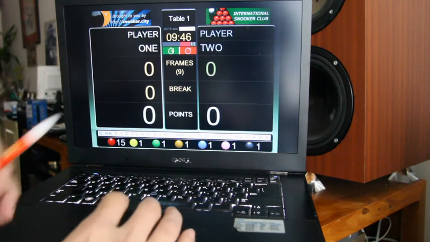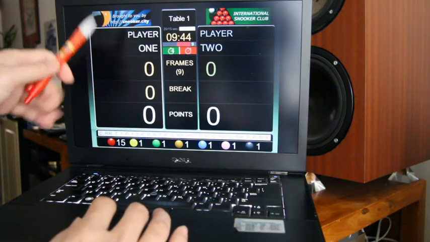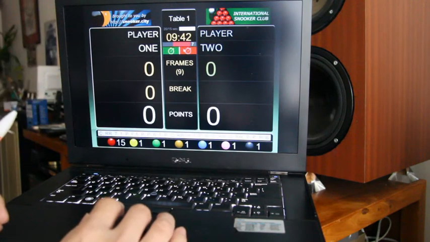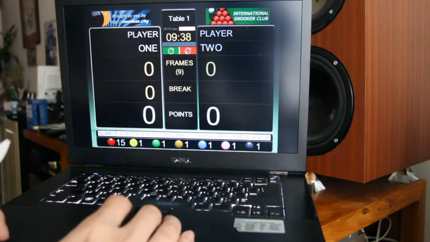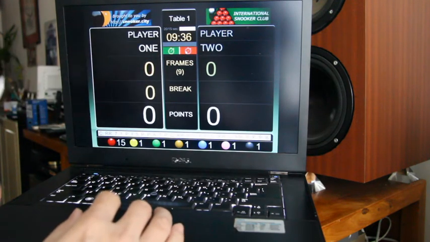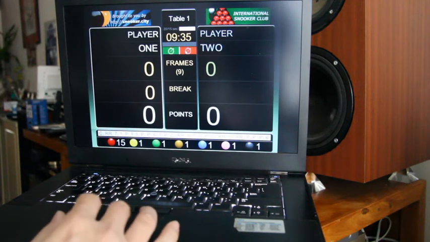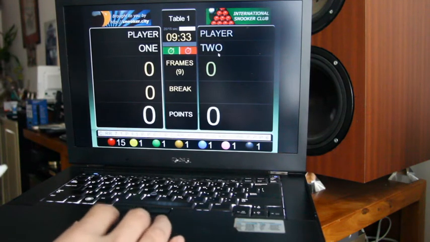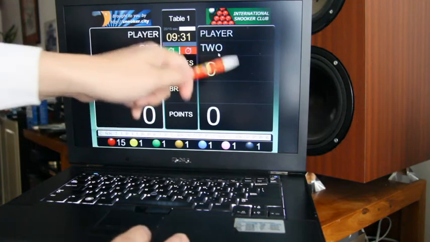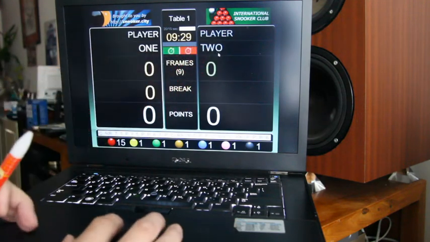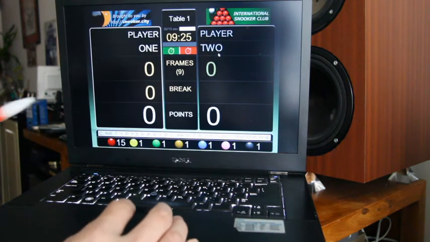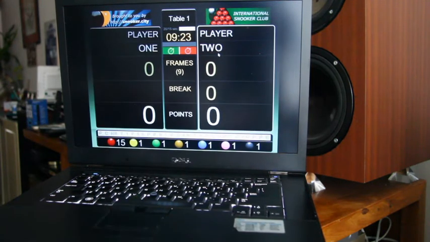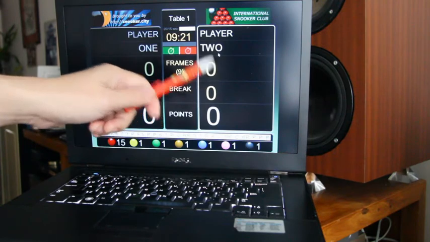So the shot clock is now running, and when he plays a shot, you will stop the clock. You stop the shot clock, and if nothing happened, no ball is potted, then you will switch to the next player by clicking the player's area, or by pressing the enter key or the P key on the keyboard. So now it's the next player's turn,